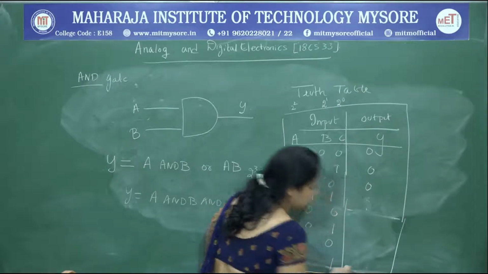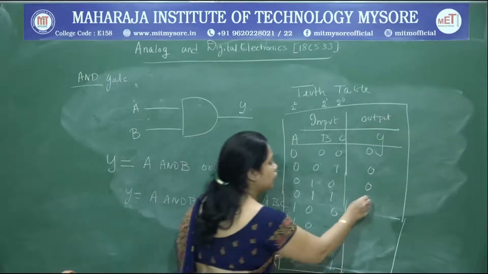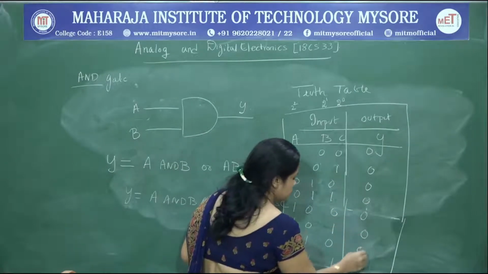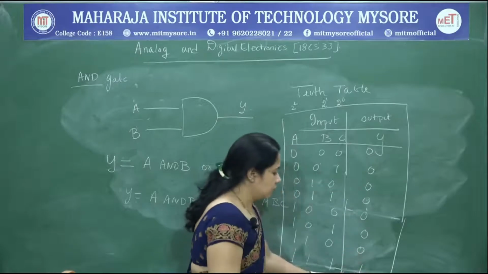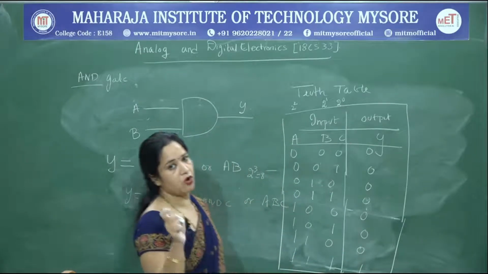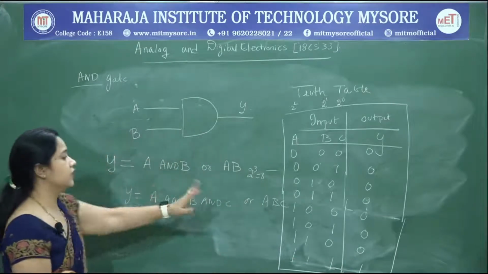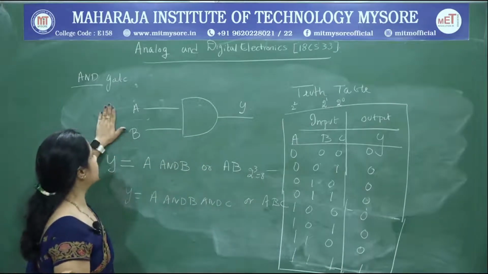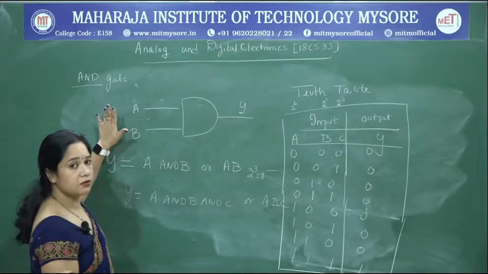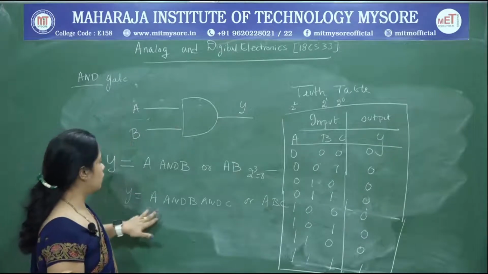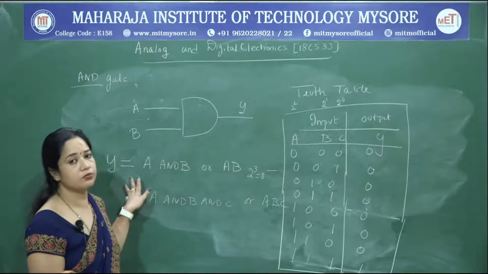So these are all possible values of inputs, and the output goes all the way 0, and for all the inputs high, the output is going to be 1. So this is for a 3 input AND gate. So basically AND is another basic gate wherein the output is high only when all the inputs are high.